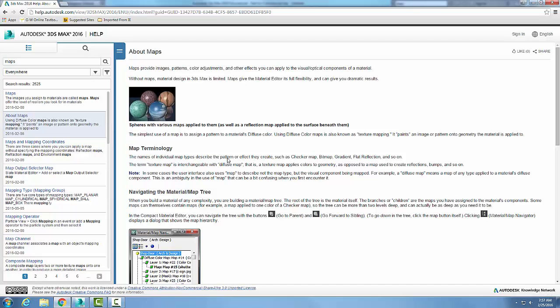So we can come take a look. Really, maps provide us with patterns, color adjustments, the visual and optical components of a material. So the simplest way is to apply a map onto the object. We can actually put a regular 2D image right on any object. So we have individual map types such as checker map, bitmap, gradient, flat reflection, and